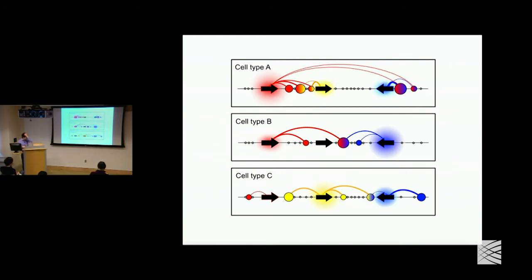And further complicating the matter is that different sets of enhancers are thought to be relevant to the same gene in different cell types. So for example, this blue gene here would be regulated by these couple of enhancers in cell type A, but a different set of enhancers in cell type B and a different enhancer in cell type C. From the perspective of interpreting genetic variation, this means that we not only have to understand the effects of a genetic variant on an enhancer, but we need to do that in a cell type specific manner, because it appears that there's a different code in each cell type that would affect whether this enhancer is used in the first place and also potentially the function of a variant.